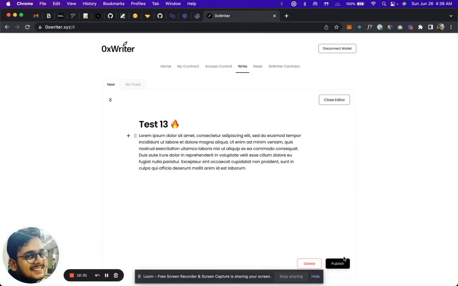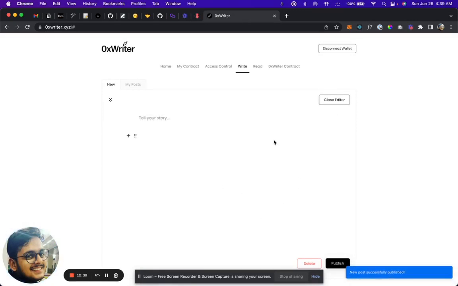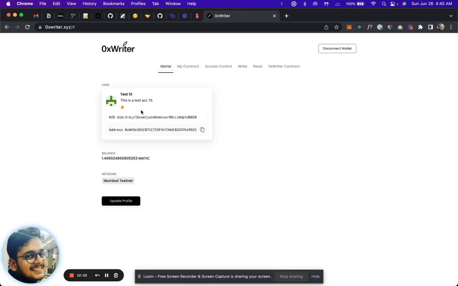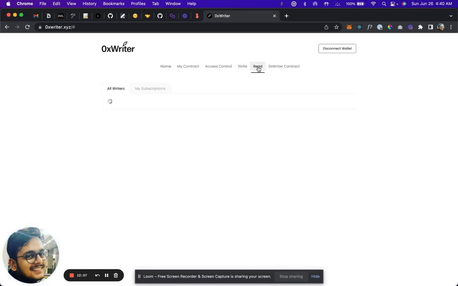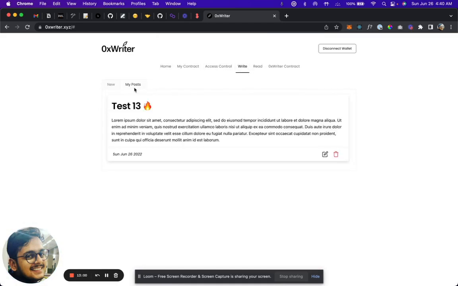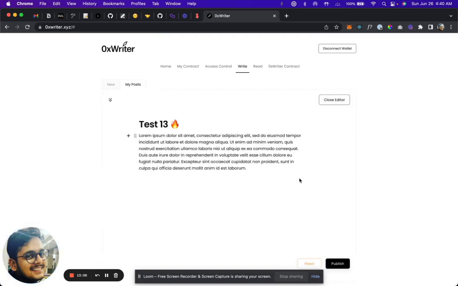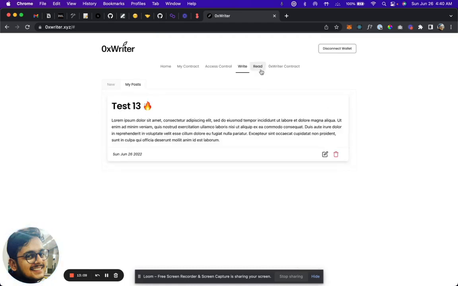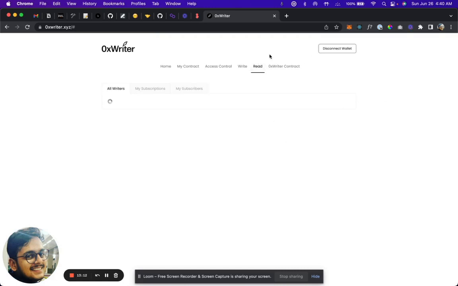Yeah, publish. So what is happening behind the scenes is Lit Protocol is encrypting this post, and then the 0xWriter application is storing it onto the DID DataStore of the user. That is this. Yeah. When I go to write, I should be able to see my post with the date. I'll be able to edit it and also delete it later. So if I go to read,